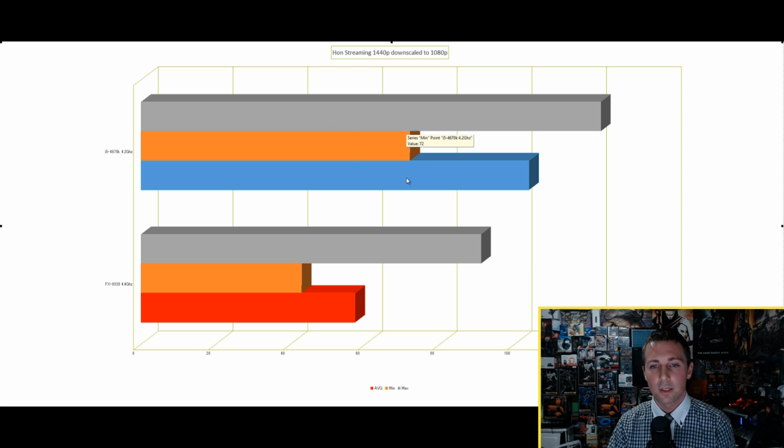The memory was not bottlenecking, or something else was not bottlenecking these 2 games. The Intel managed to score 103.86 frames per second with a minimum of 72, so it was a very smooth experience on the Intel. The AMD dropped down to 57.34 frames per second with a minimum of 43 FPS. So the AMD was a little bit choppy as opposed to the Intel, which was a smooth experience for streaming